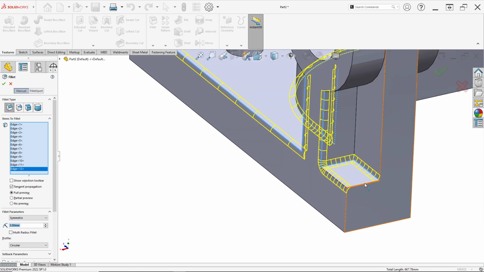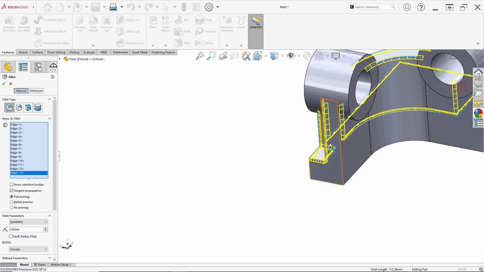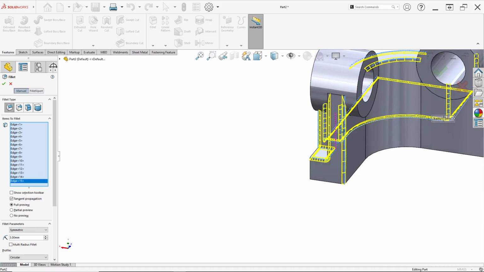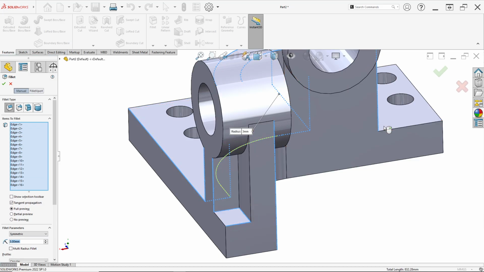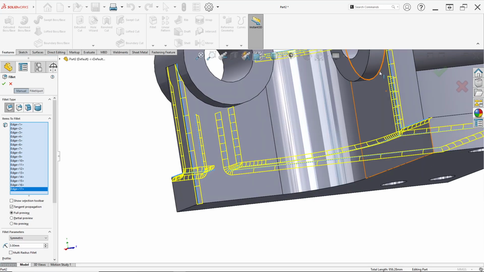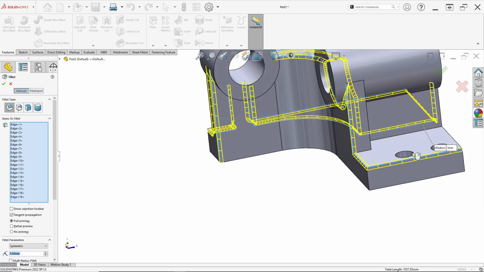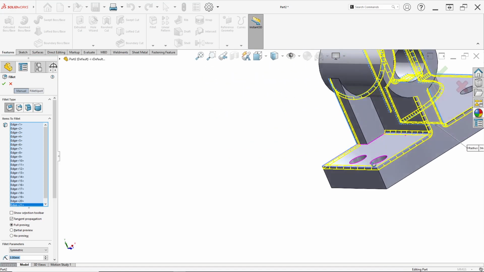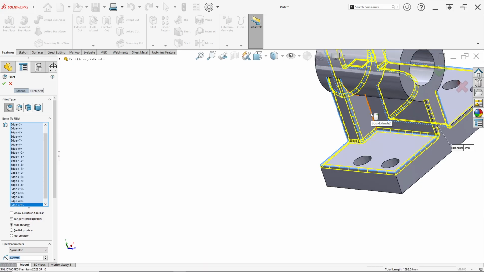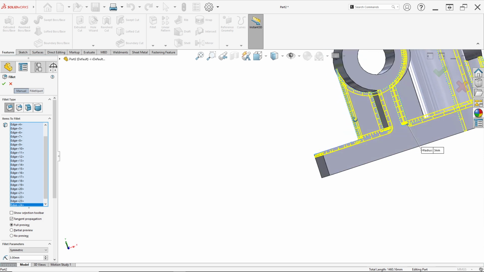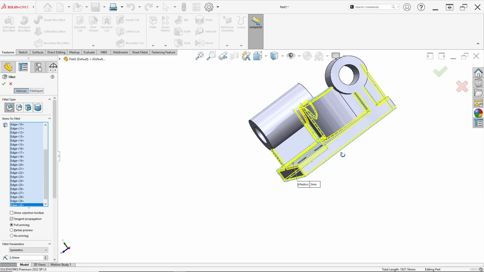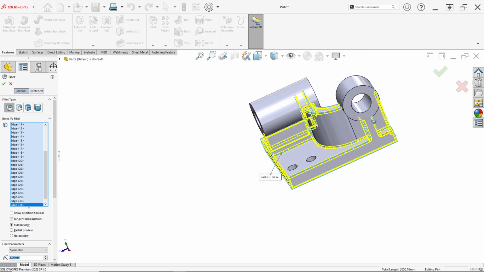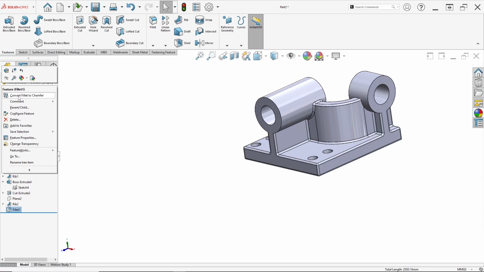and this edge, this edge, and this edge, this edge, and don't forget to select this edge, and this edge, this edge, and this edge, and this edge, this, like this, and this, this edge, and this edge. Now we can click the checkmark or OK, and done.